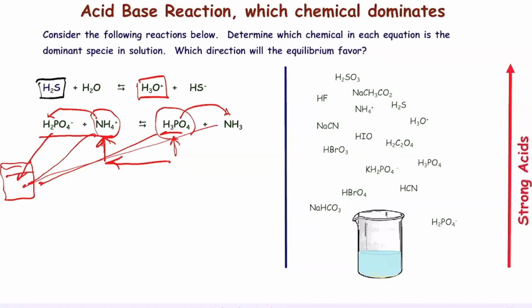It's going to be the chemical in which the equilibrium is shifted. If the equilibrium is shifting to the left, then the majority chemical is going to be H2PO4 minus and NH4 plus,